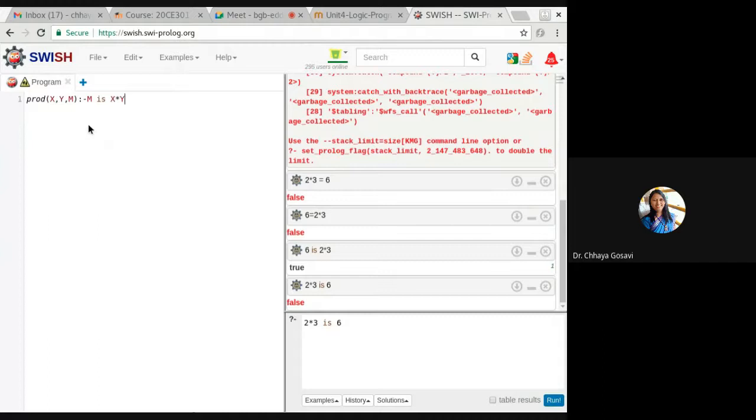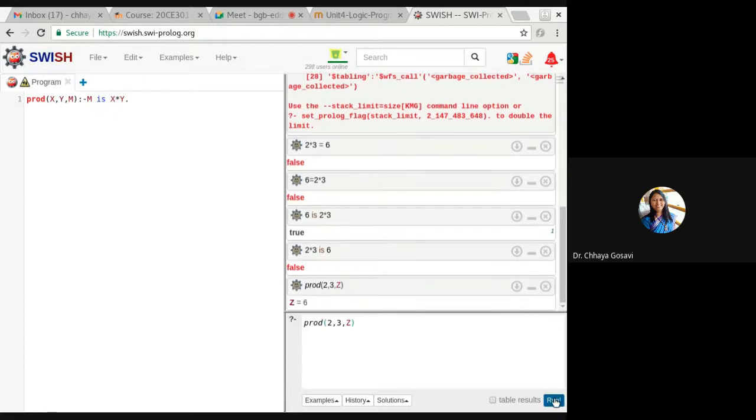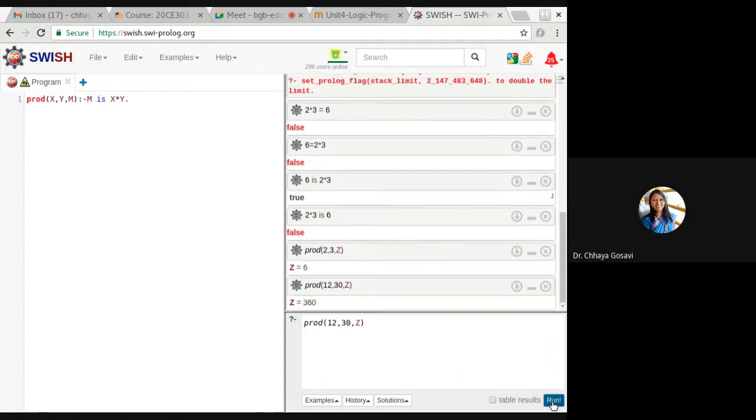This is my code. And if I write here product 2 comma 3, it returns z is equal to 6. I can put any values, not necessarily 1 digit or 2 digit. It will perform that mathematical operation.